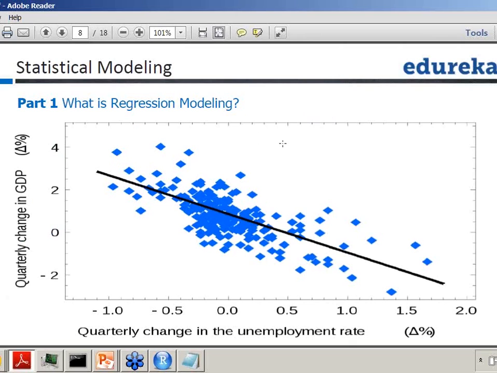So how does it look visually? This is what it is going to look like. For example, in regression modeling, let us say all these blue dots are your samples. What do they indicate? Each sample indicates two attributes, one attribute on the x-axis, one attribute on the y-axis. And when you say regression, you are going to fit a line, especially your kind of line.